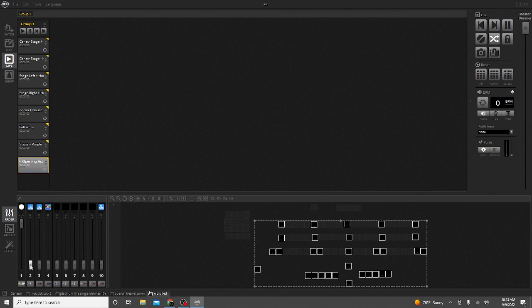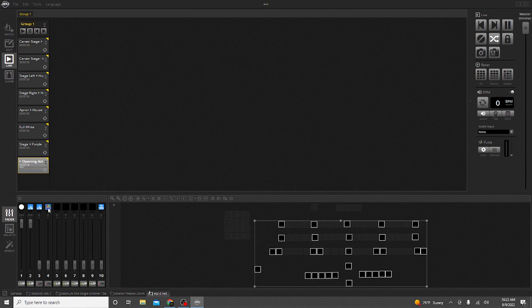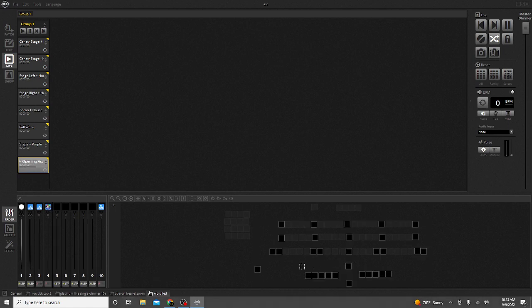The next one is the dimmer. So that's my dimmer. Still, I don't have anything going on because I haven't added any color. So there's red, green, blue, lime, and amber. Now this is a really cool function right here. This right here, the number 4 slider, is white temperature. So let's say I just want to use specific lights on the stage for front lighting, or maybe one light for front lighting,